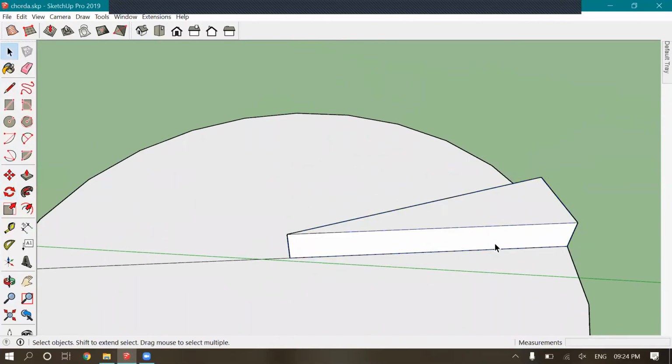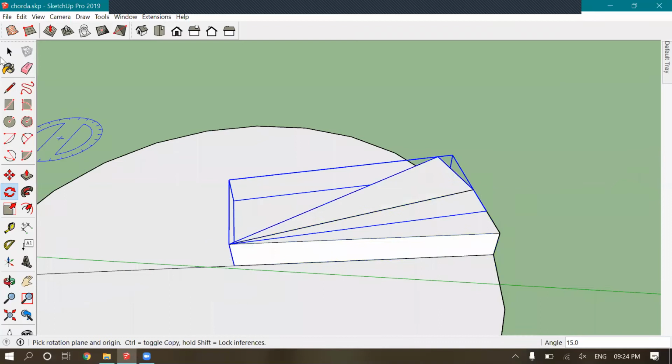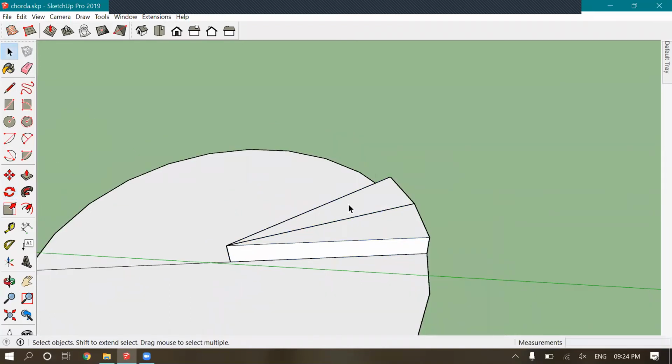Now I'll be copying a rotated version. To make a copy during a rotate, you need to press Control while clicking this one. Just press Control while copying, sorry, while rotating the part.